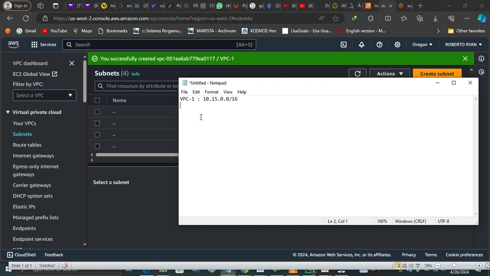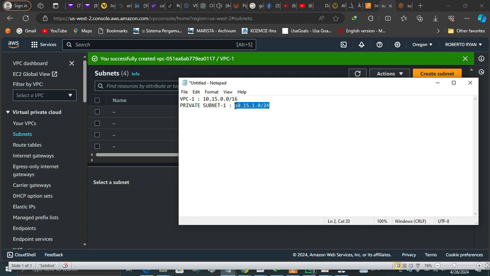Then we are going to create private subnet 1, which is going to be 10.15.1.0/24. Okay, so we copy this